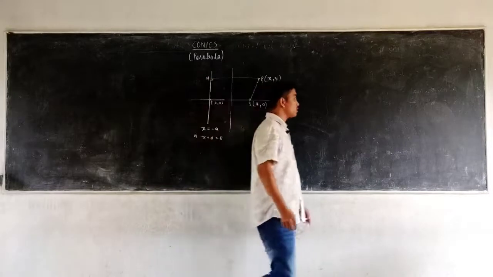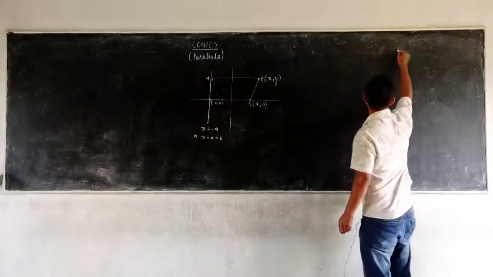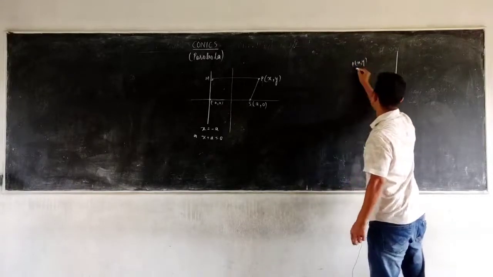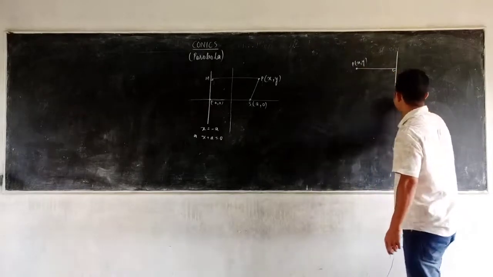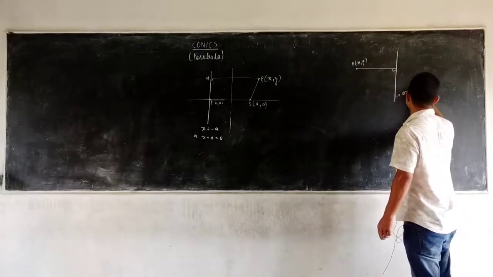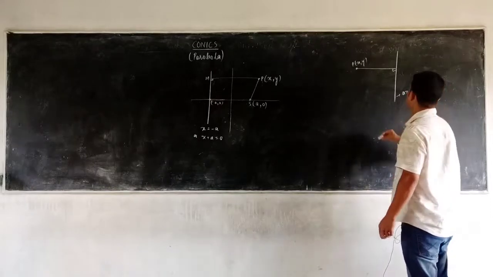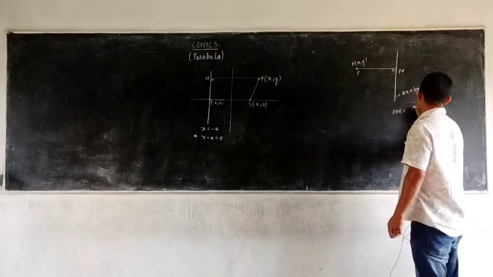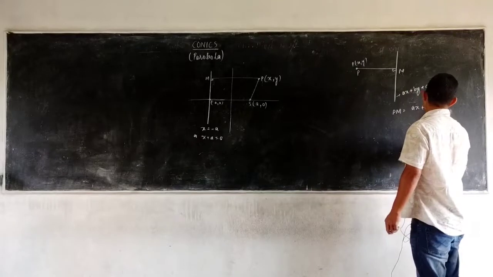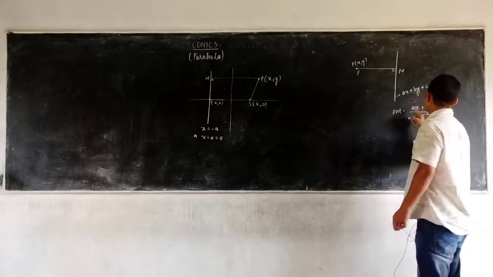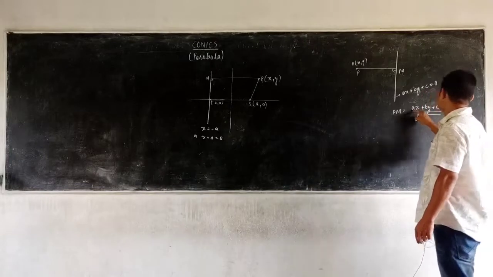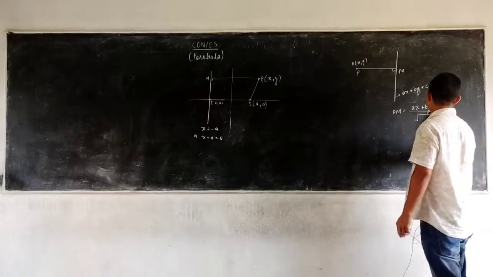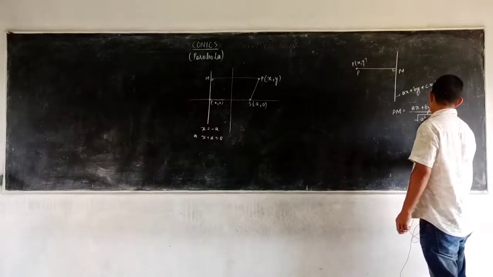Now to get the perpendicular distance, what we do, okay, suppose you have a line here and a point P (x, y), and you are asked to find the perpendicular distance from the given line. Suppose the equation of this line is ax + by + c = 0, then the distance PM is given by |ax + by + c| divided by under root of the coefficient of a square plus the coefficient of b square, okay, not c square, so it will be a square plus b square.